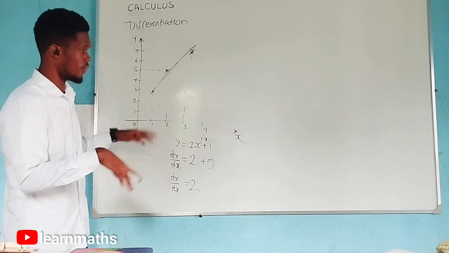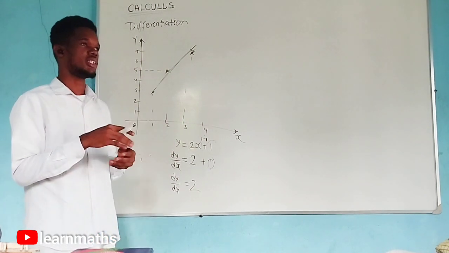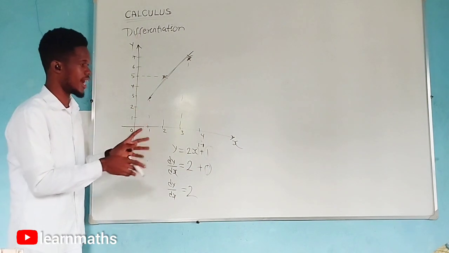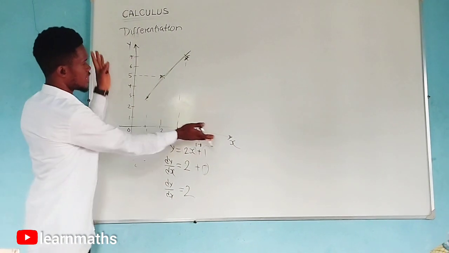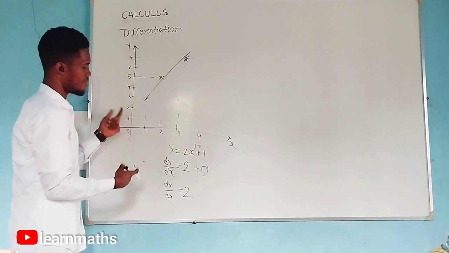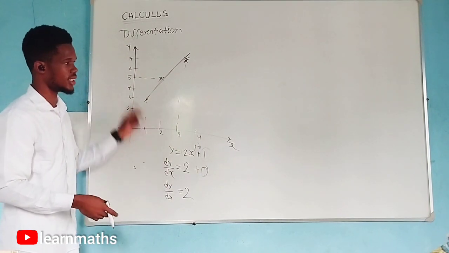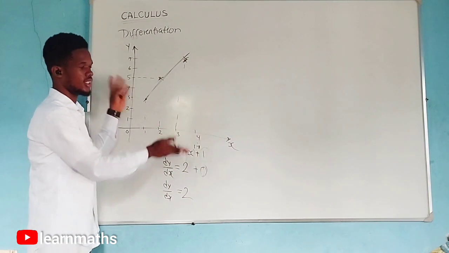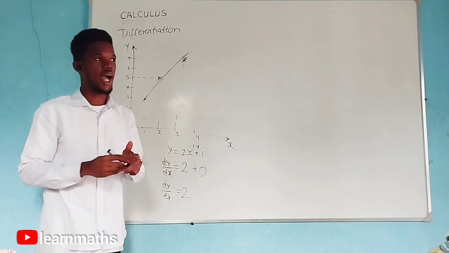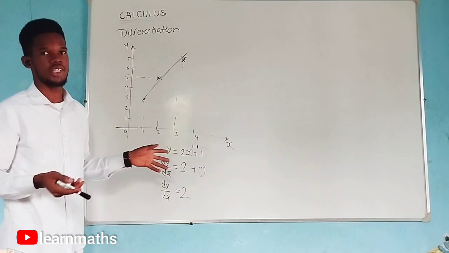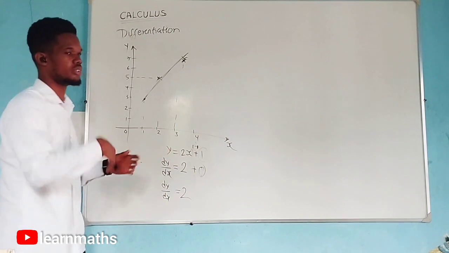So what I'm trying to do here is to explain what differentiation is all about, what calculus is all about, right? It's just that we have two quantities that change with respect to each other. Now since this is x and y, I'm finding dy dx, that's the change in y with respect to x. I'm looking at how these two quantities change, right? So I believe that has explained differentiation to you guys. So let's just go into the main